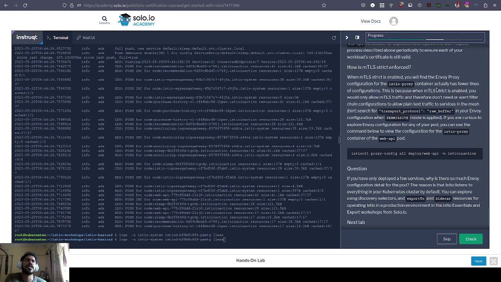This is because MTLS strict is enabled. You only allow traffic. Okay, so actually this has been a very big question that even I was asked when we were in Bangalore, for ambient, but the same question: for example, if I just launch a normal service, a normal Kubernetes service,